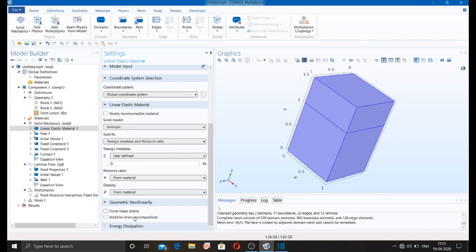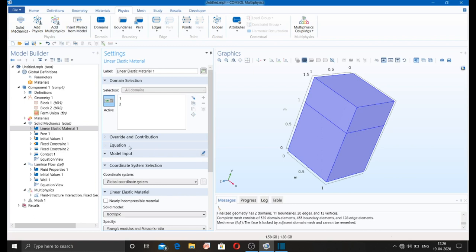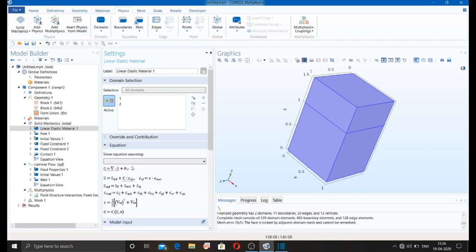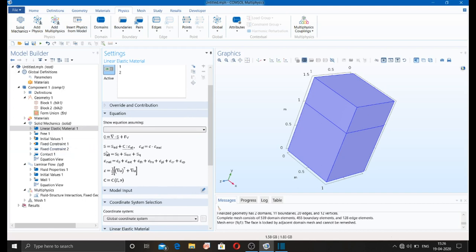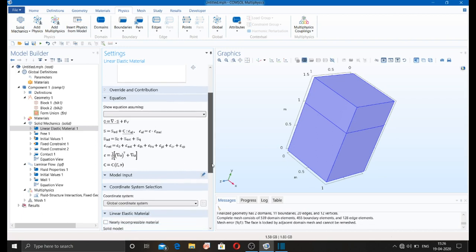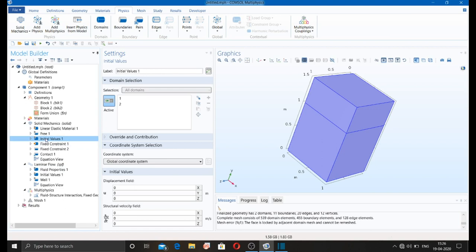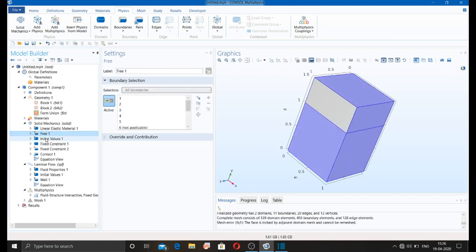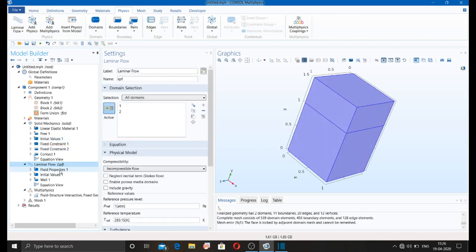Okay, so likewise you can do these things. Here you will see the equation. This is the governing equation of solid mechanics. Okay, and this is the constitutive equation, and boundary conditions will be given by you as per your interest or convenience. Okay, this is by default boundary conditions, free, initial values. Okay, likewise you can do anything.